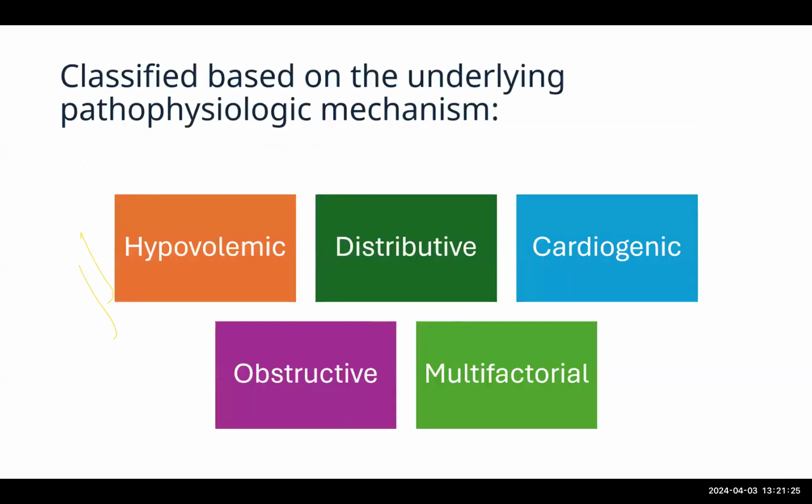So if you go back to some pathophysiology mechanisms of the possible differential causes of the shock, strictly speaking, you can find basically 4 categories of shock. One is hypovolemic, one is distributive, one is cardiogenic, one is obstructive, and even more often it is multifactorial. It's a mix of these 4 categories.